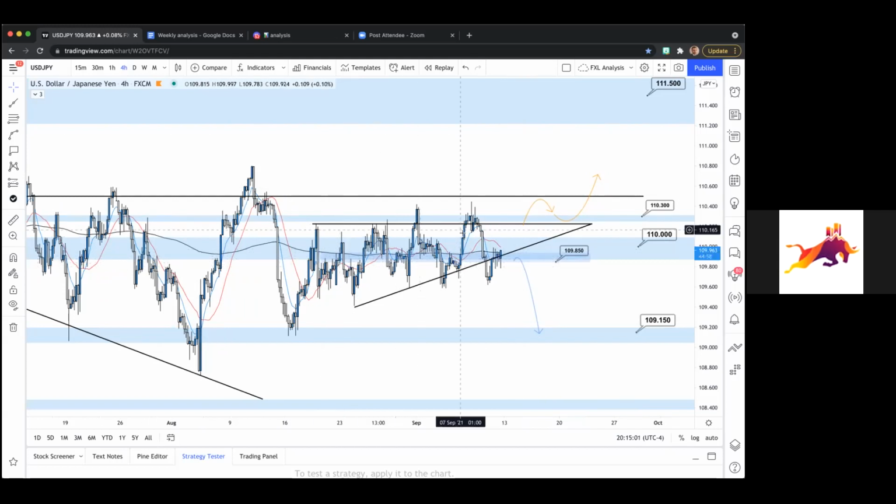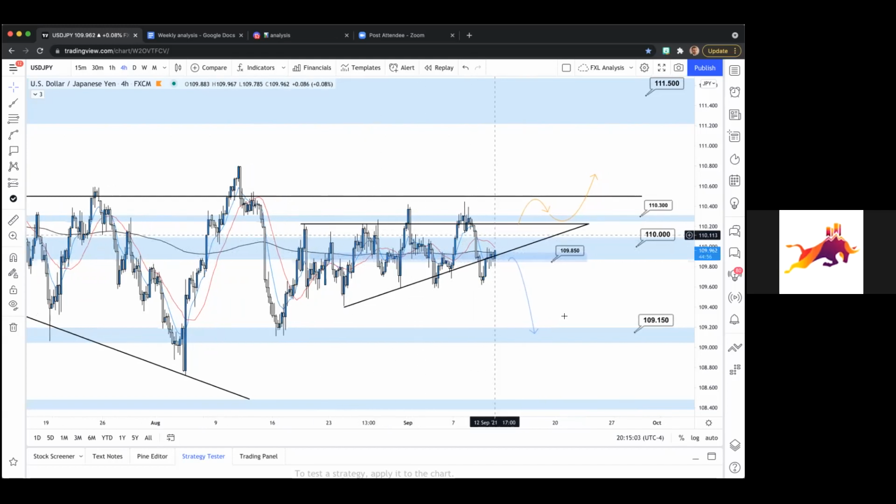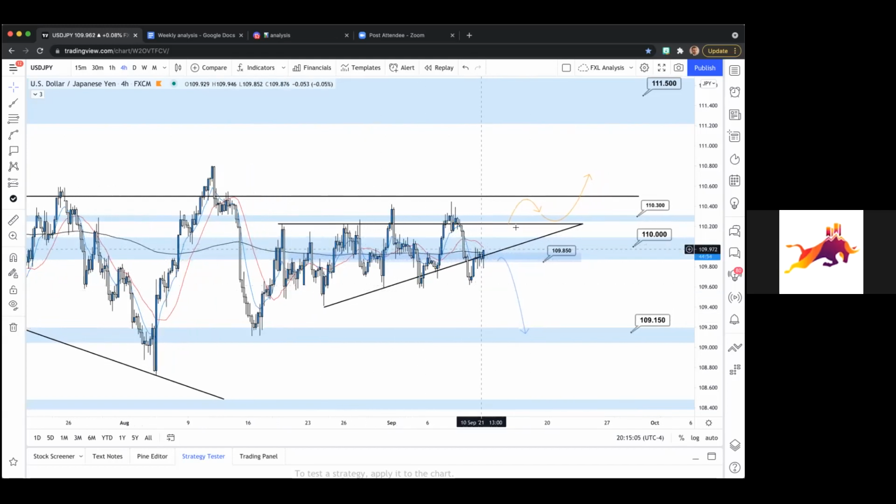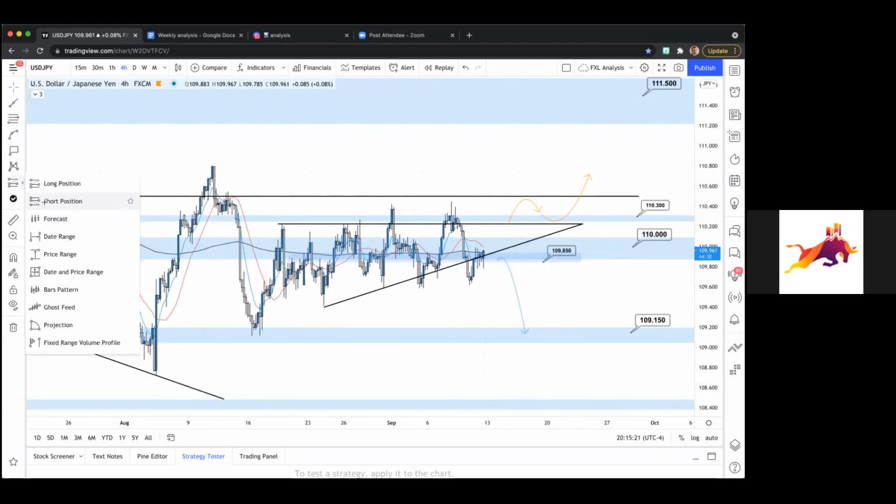We're seeing a lot of consolidation, a little bit of a pattern. Either way, even if the pattern continues to form from now, we're waiting for a lower high below 110, and there's a minor level here to be a little more precise, 109.85. Ideally right now, if this just reversed, confirm this lower high with some nice bearish setups, this would be an absolute perfect short opportunity.